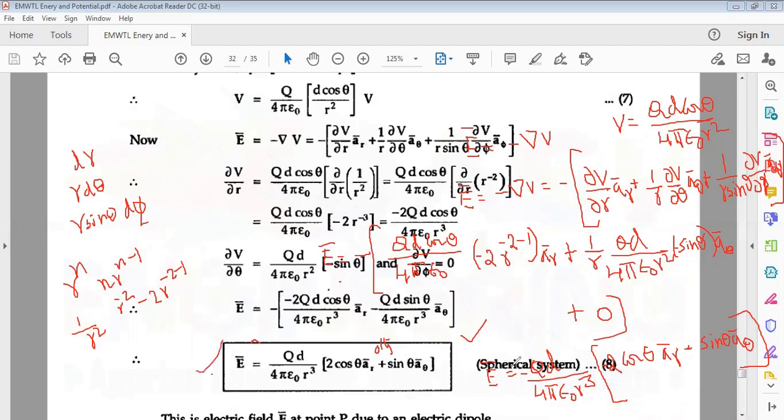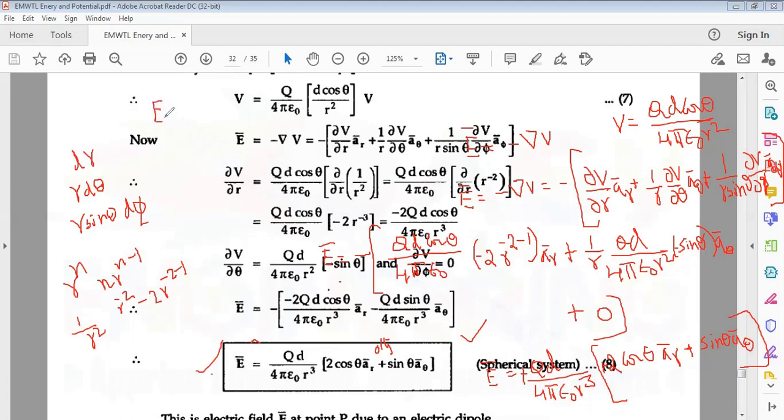With the minus del v, here the minus is also there. Minus into minus is a plus. E bar is equal to qd by 4 pi epsilon naught r cube, whole multiplied with 2 cos theta a r bar plus sin theta a theta. Now in this